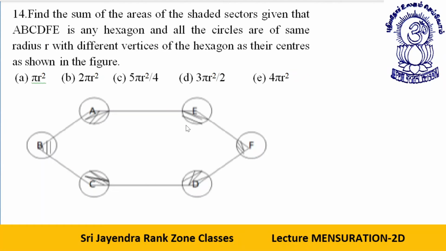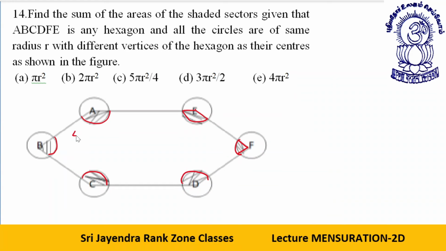A, B, C, D, E, F, these are the 3 sectors. Okay, these are the 6 sectors. Like, this is a sector, this is also a sector, this is also a sector, this is also a sector, this is also one sector. Like, this is a sector. Okay, dear students, this is also a sector. If you read the question, you will realize this. These are all sectors.